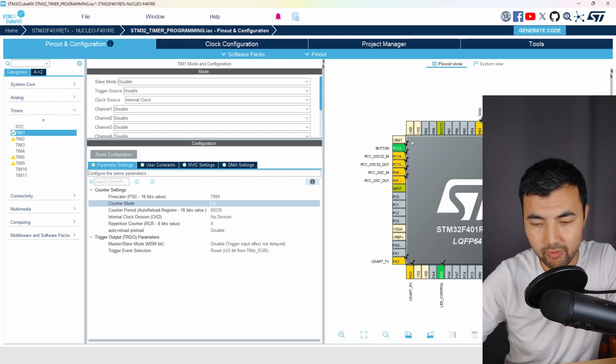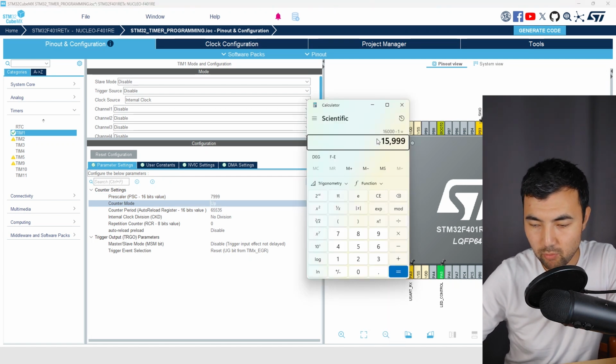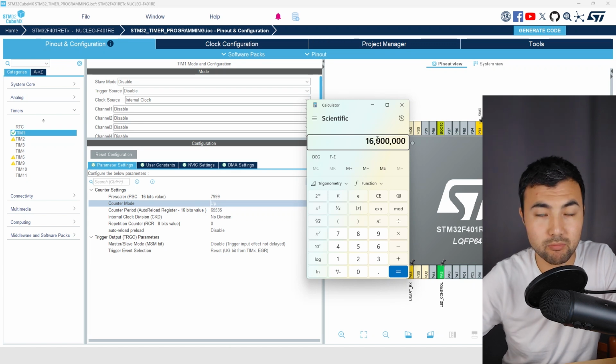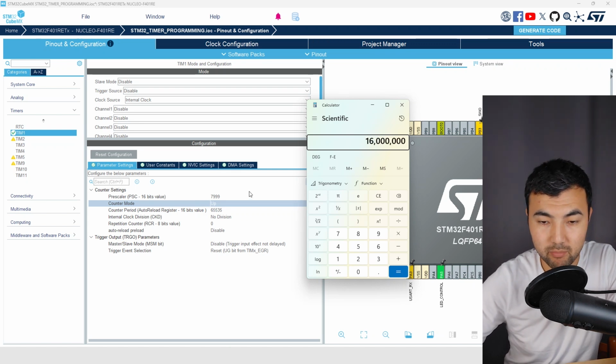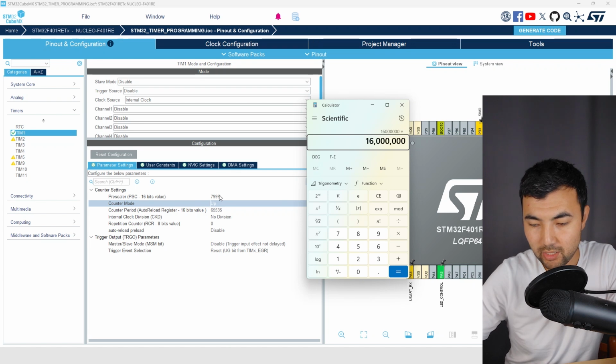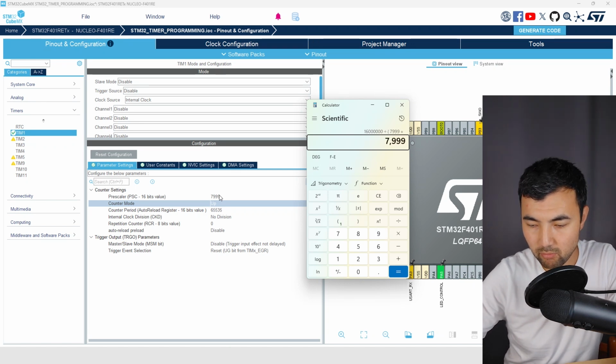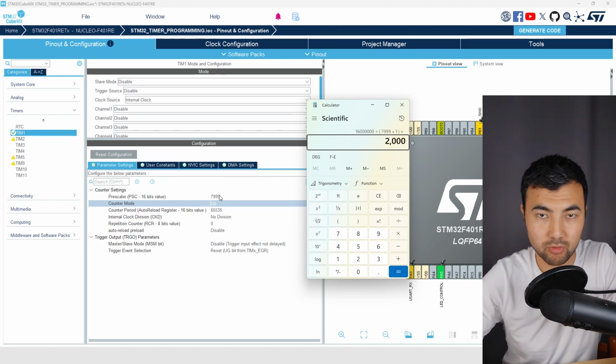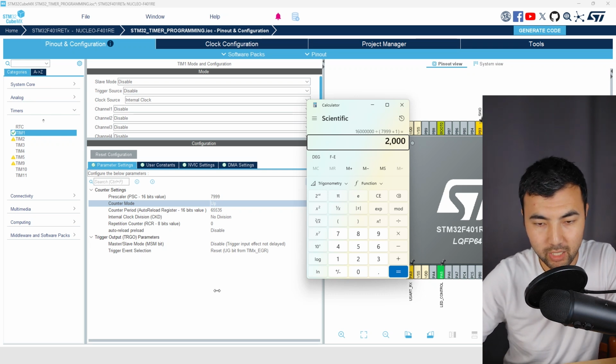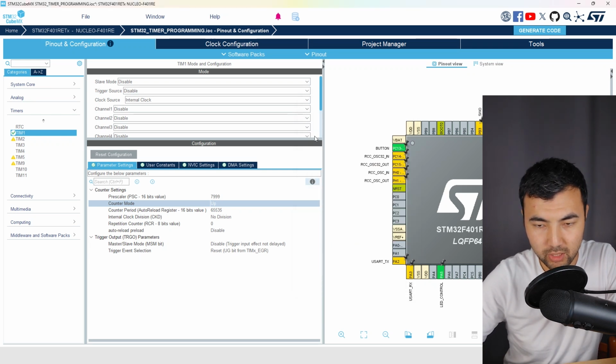So if I set this number, what's happening is that our clock frequency is 16 megahertz. Then I divide by this number plus 1, and the frequency of the timer would be 2000 hertz, not 1000. So before we had 1000, right now we have 2000. So what I do, I just save,